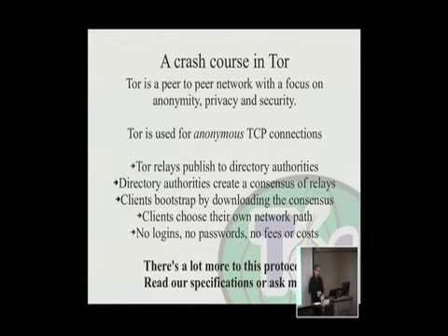There are some ways forward I think that will be really important in the future, like when you build that path. Maybe you want to build a path that says, I want one NATO country, I want someone that's not a NATO country, that's not friendly to NATO, and then I want to go somewhere that is close to the network that I want to visit eventually. So some kind of geographic circuit, like specifically routed based on geography or politics. It's not implemented now, but you could do that. It would be possible. And for your particular threat model, that might be important. It totally depends on you. But right now, it just works.